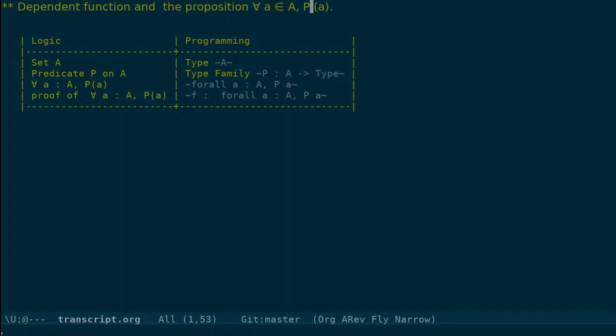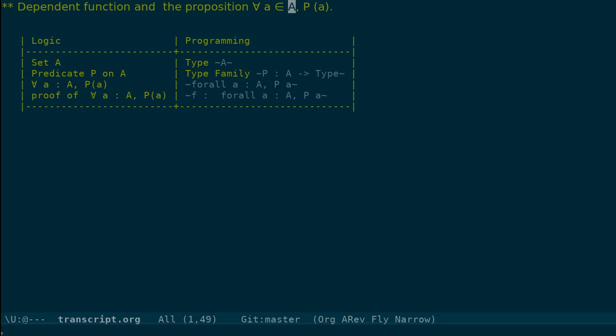When we have a predicate P on A, we can talk about the mathematical statement for all a, P of a. For all a, P of a is true if P of a is true for any a that you take in. Like for example, for all natural numbers n, n is greater than or equal to 0. This is a statement that is true. It is true for all natural numbers. For all natural numbers, n is greater than 42 is also a statement, but it's false.